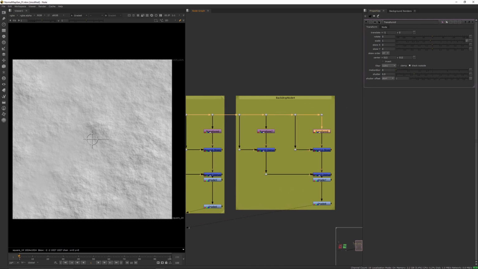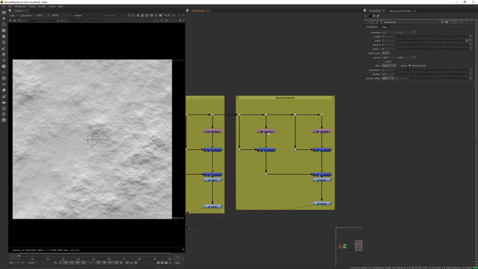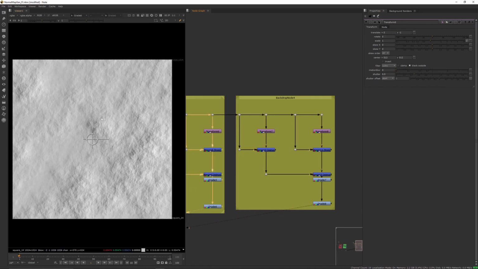Just make sure that we've done both of those. -1 in that direction. There we go. That's better. So we got our up and down, where whiter values are facing up, blacker values are facing down. And we got our left-right, where darker values are facing to the left, and brighter values are facing to the right. So this would actually give us an OpenGL normal map, which is what's used in basically all 3D software